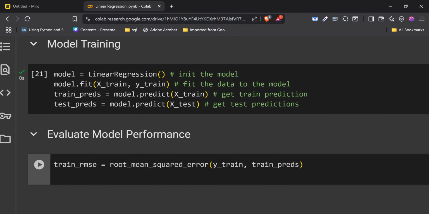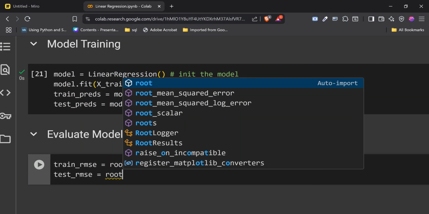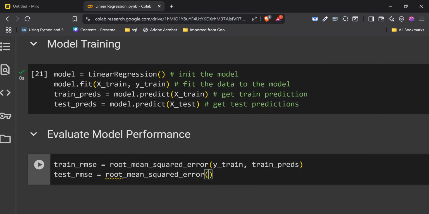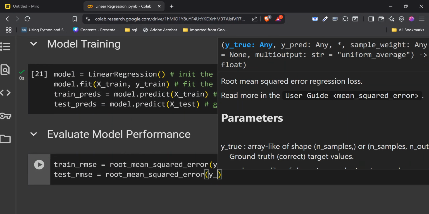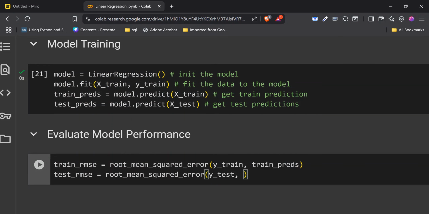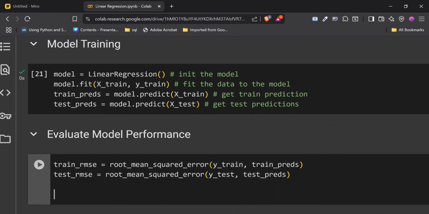Then for test_RMSE, that is also going to be root_mean_squared_error of y_test, comma, test_preds. Great. So we can print out these two things.